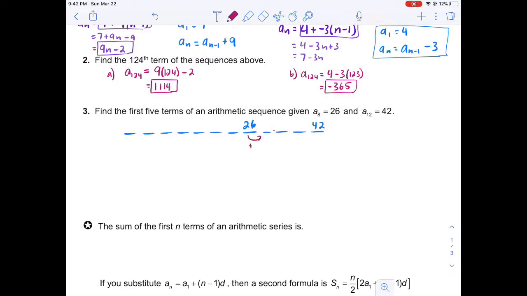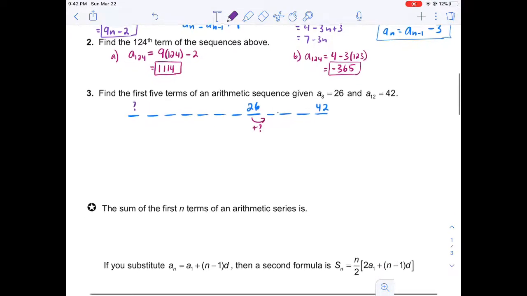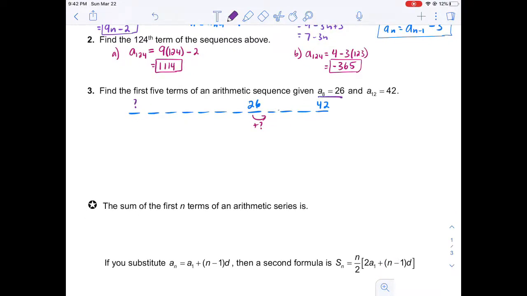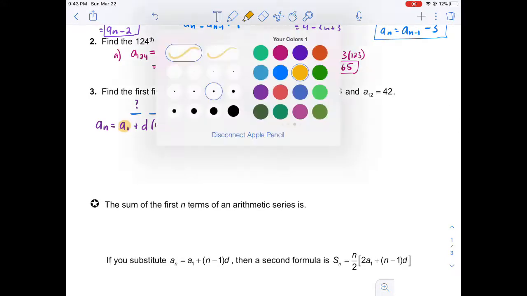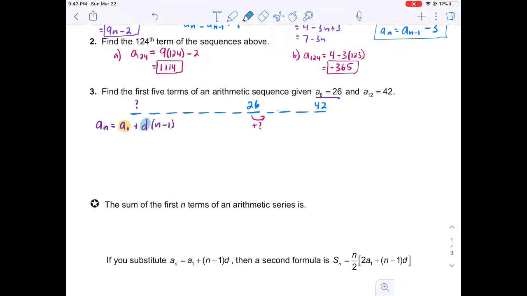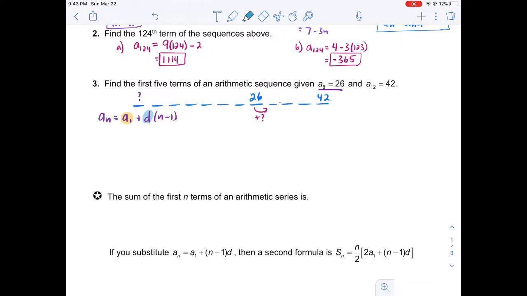So this plus something, and then we also have a number that we started on, and we have no clue where we started. So to find the first 5 terms, I have to know that. This is where our formula comes into play. For the 8th term, remember that the formula is A sub n is equal to A1 plus D times n minus 1. Currently, I do not know what A1 is, nor do I know what the difference is. But let's see what we can do with that. So if I said, okay, when I'm at the 8th term, that means n is 8. That gives us the formula